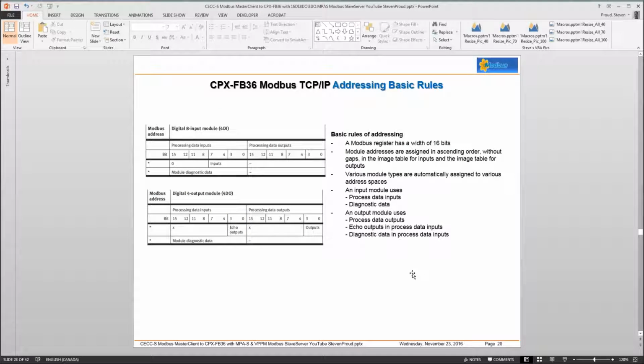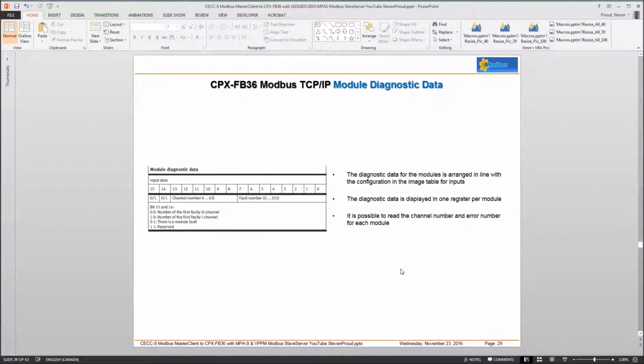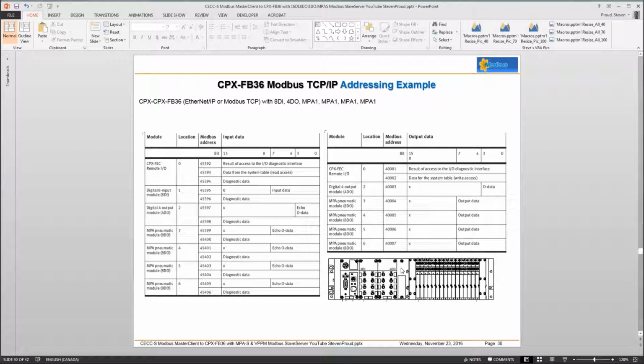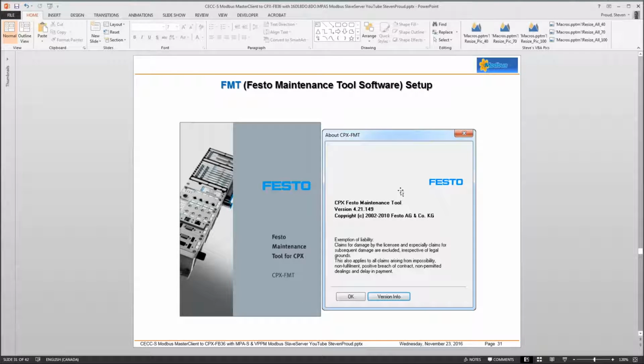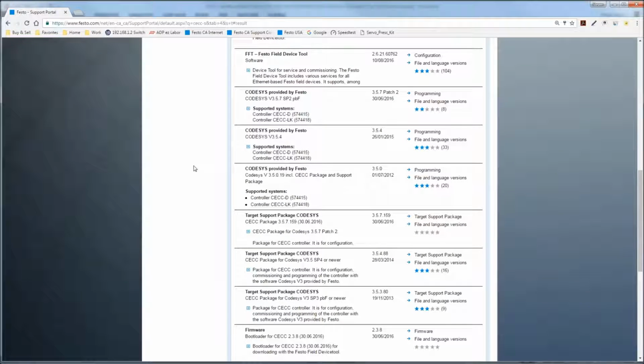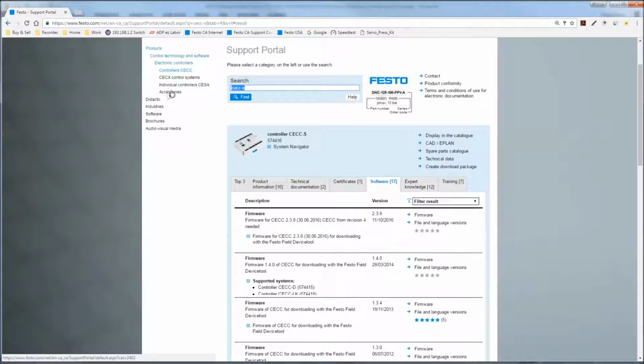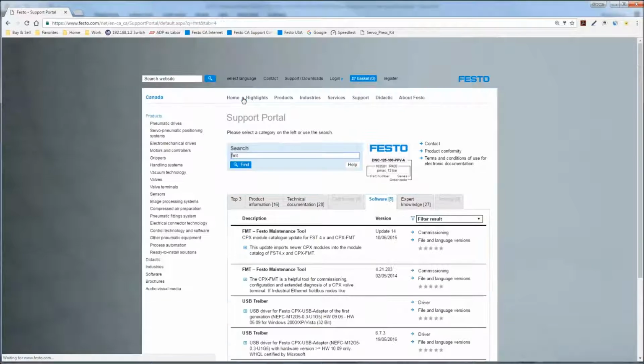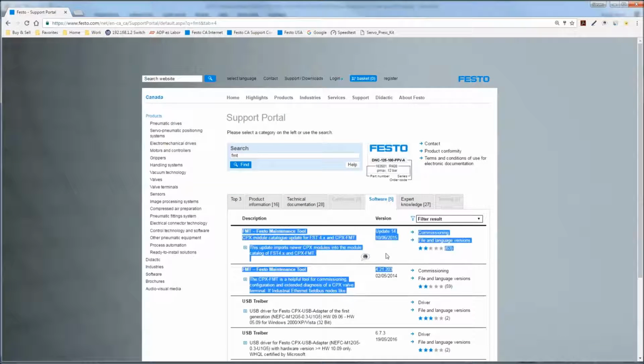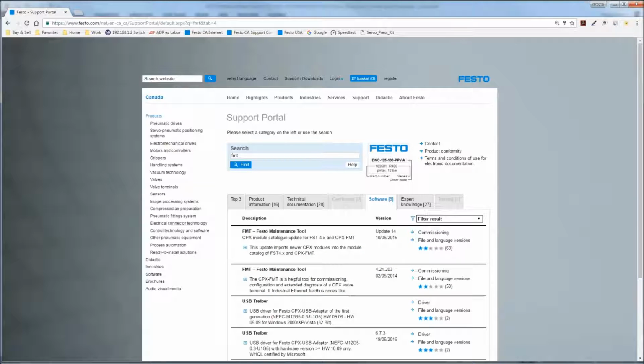It talks about basic addressing rules, which is again part of the manual that Festo has. Diagnostics data, more samples of this addressing. And next thing we're going to just talk about the Festo maintenance tool software. So again, we have been at the website. We have downloaded the Festo maintenance tool software. We've installed it, and